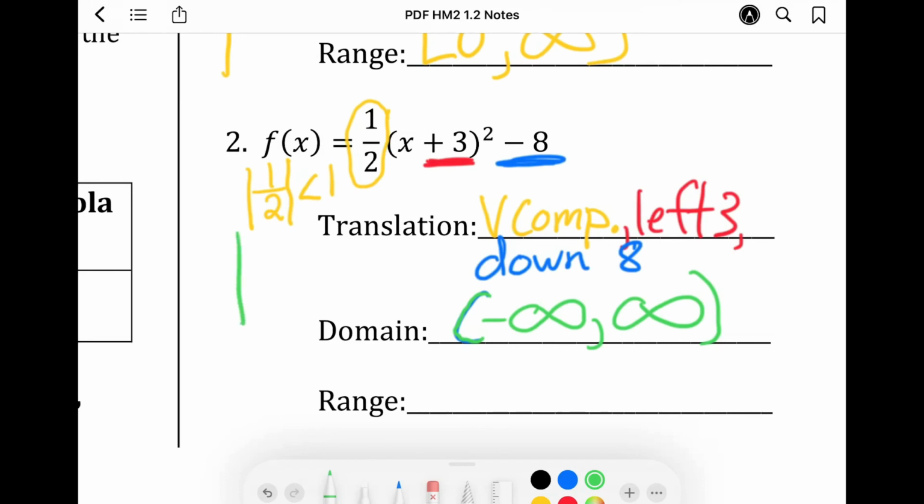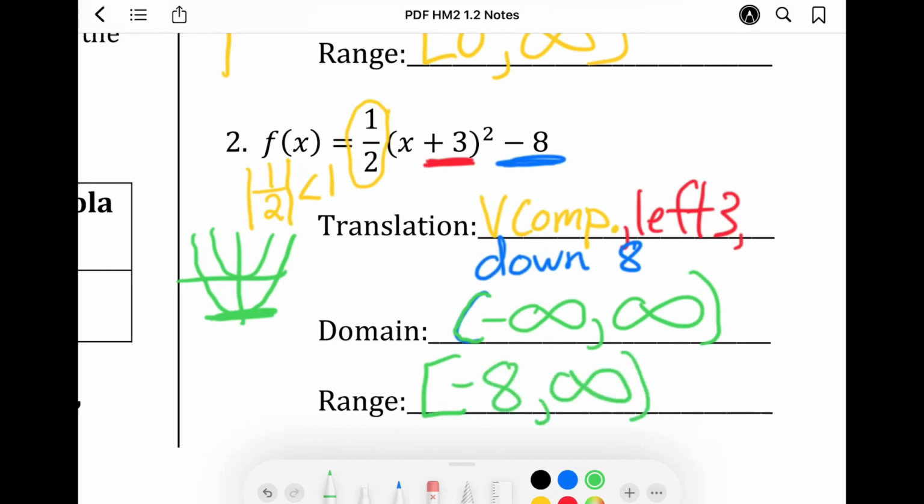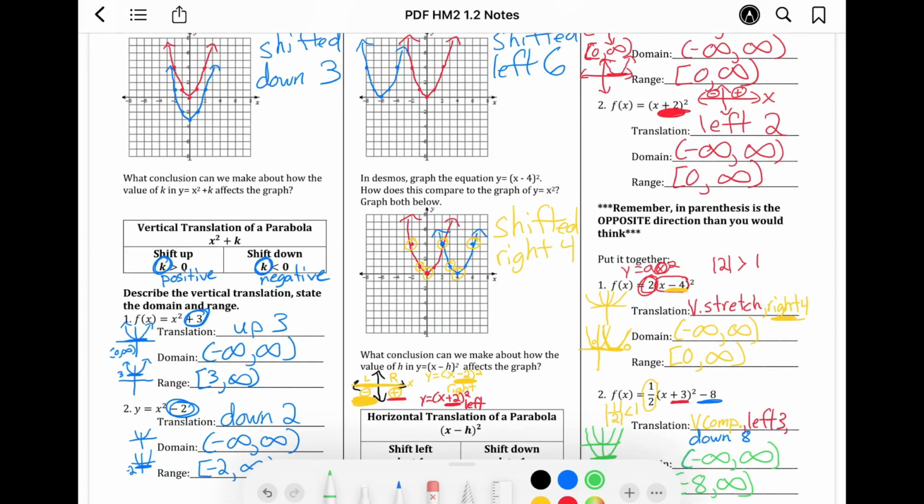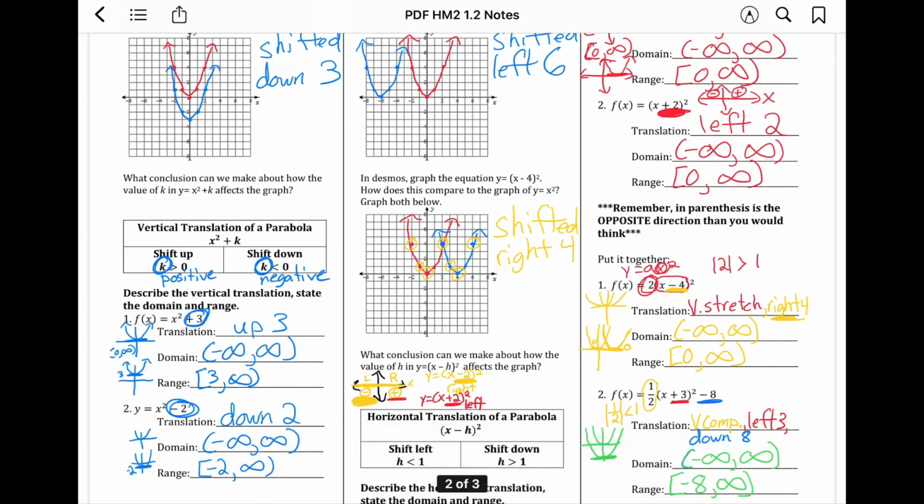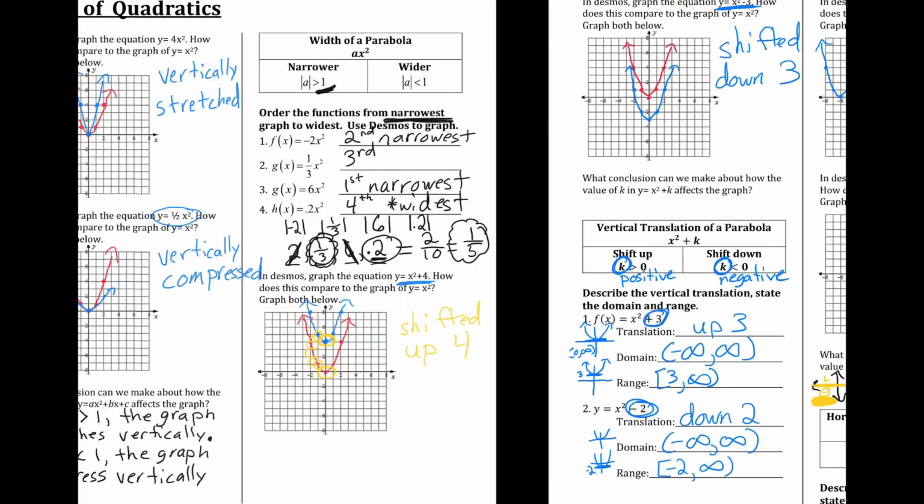But if we move it up and down, it will. So if we go from our parent function to our transformation, that lowest point is now going to be -8. So now we're going to go from -8 to positive infinity for our y values. And that is your 1.2